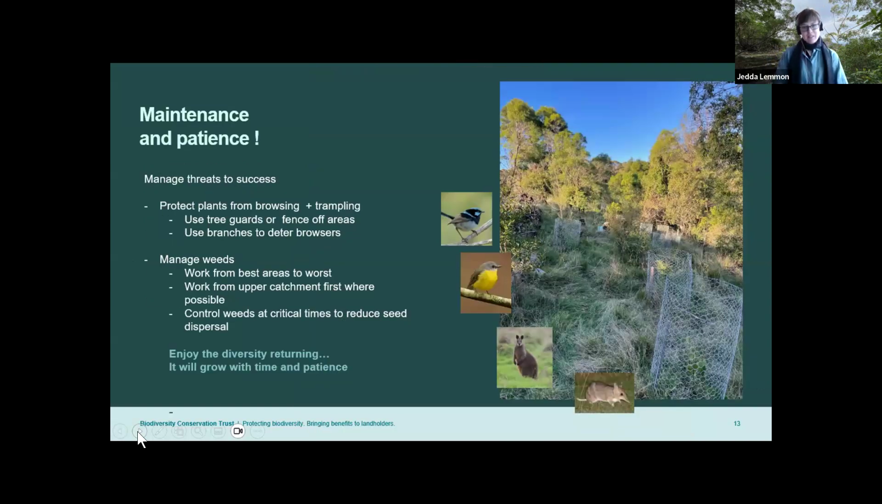So restoration is, as I'm sure most of you probably already know, a long game, and you will get gains in the early stages for sure, and you will always be having some benefit, but the benefits really grow with time and commitment and patience, and as will the diversity. So you might see a few animals and plants recruiting in the early stages, but that diversity will really increase